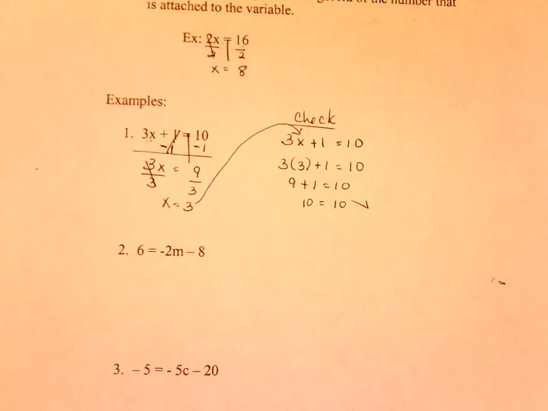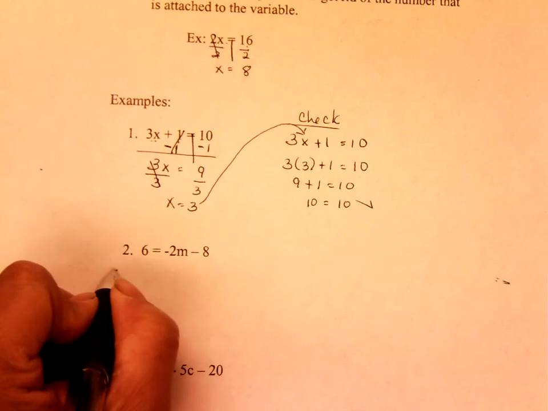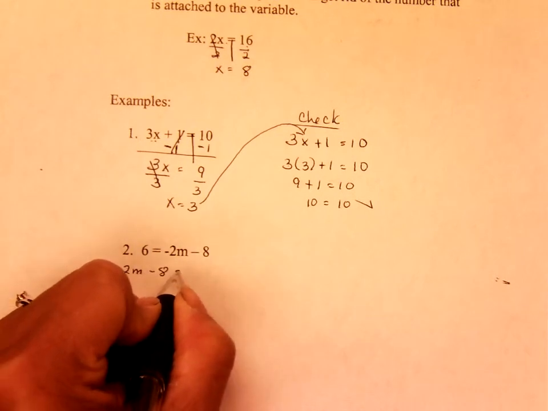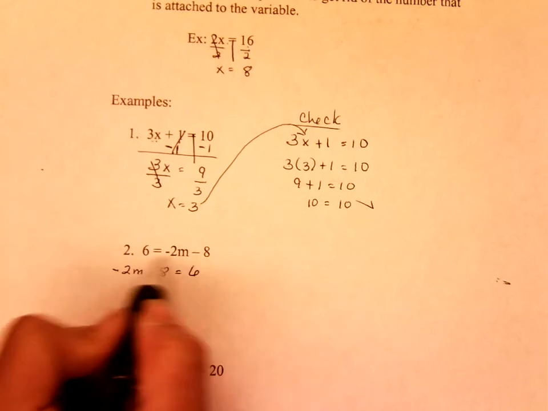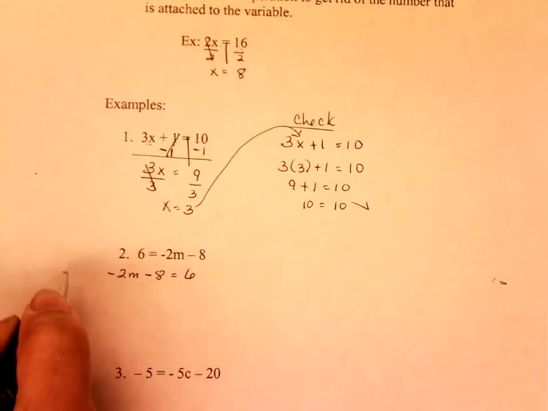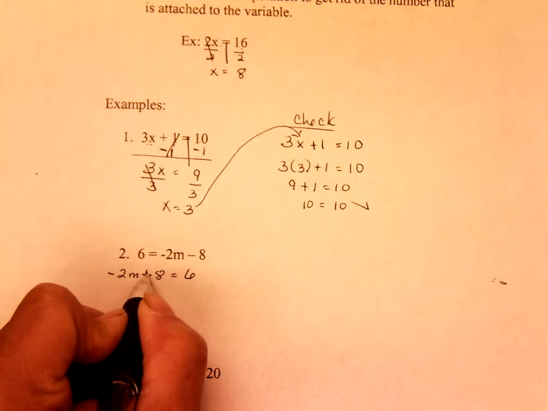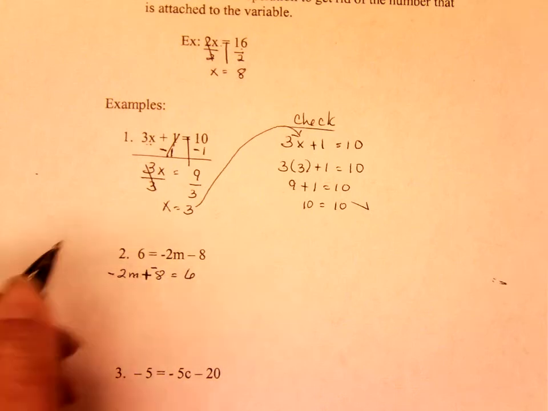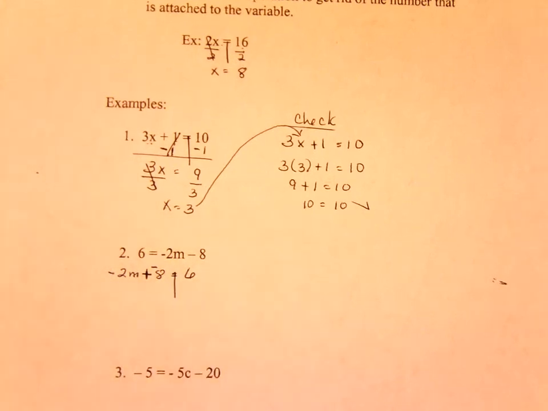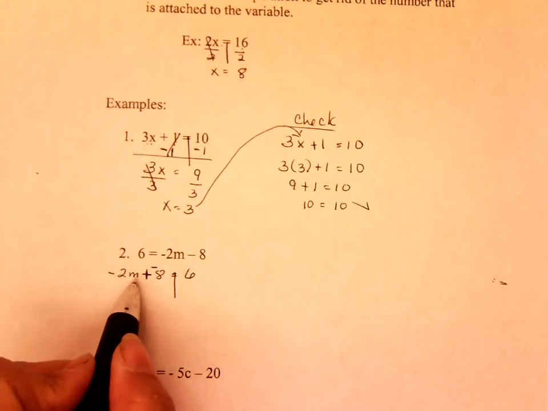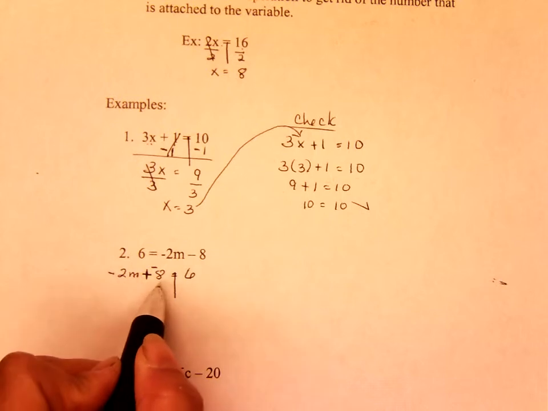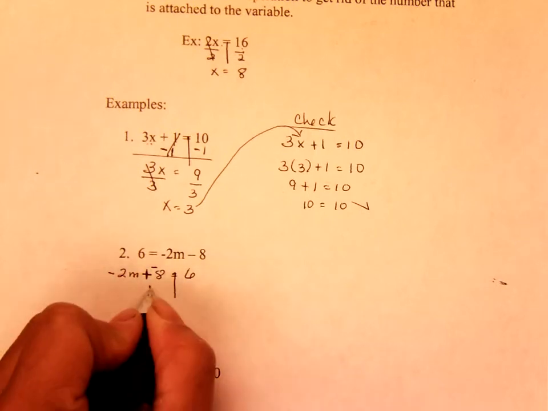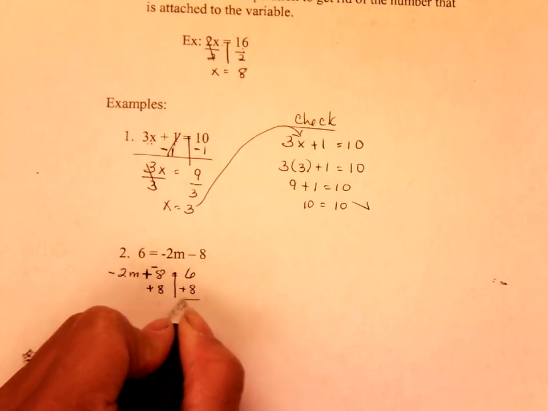Okay, let's try number 2. Number 2 is written opposite, so you could write negative 2m minus 8 is equal to 6 if this way confuses you. Remember, we do not ever subtract in algebra, so you change your subtraction to addition and make this positive negative 2m plus negative 8 as soon as you change that to an addition sign. Make your line. Okay, find a number that is on the same side as the variable, so m is your variable, but not attached to the variable, which would be negative 8. So the inverse of negative 8 would be positive 8. So you're going to add 8 on both sides,